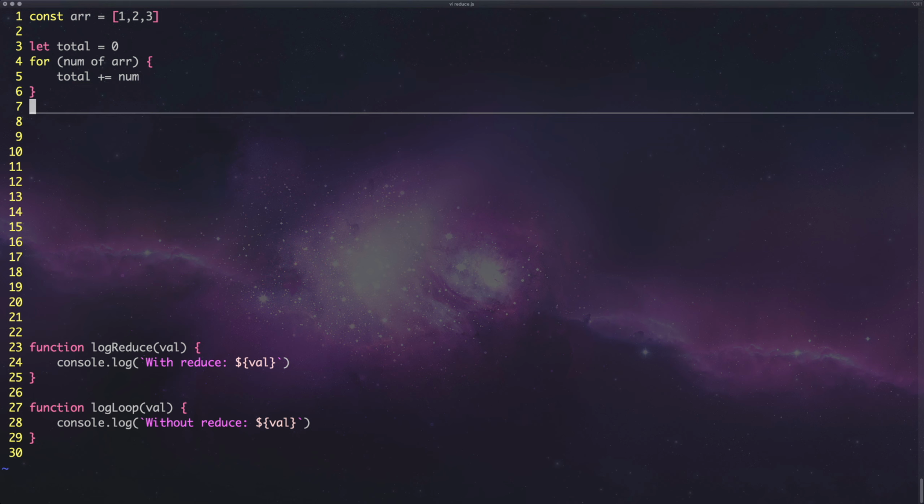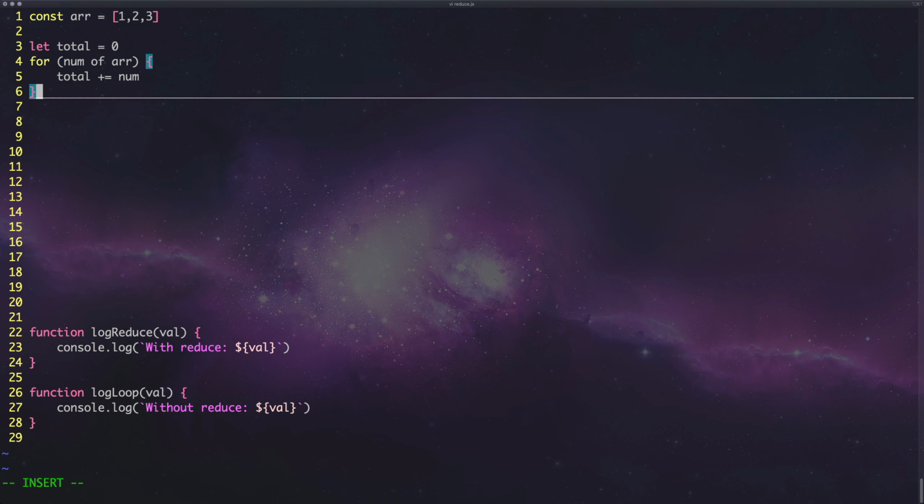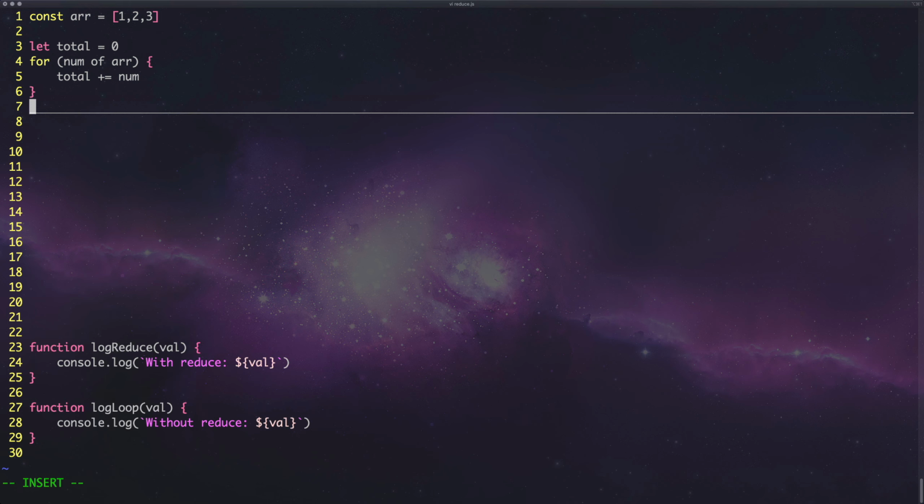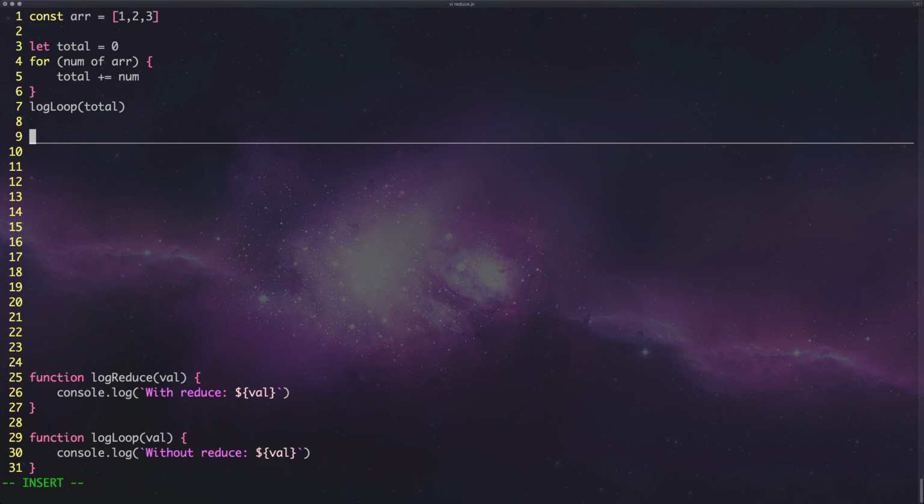And then we can just say log loop total, and that will give us our total of 6. Quick maths. But we could do the same thing in reduce. So if I just wrap it around our little log statement here, so in log reduce, what I can do is we can simply say